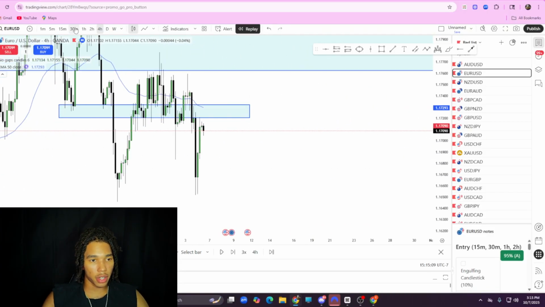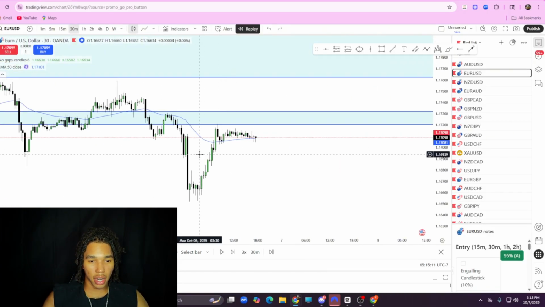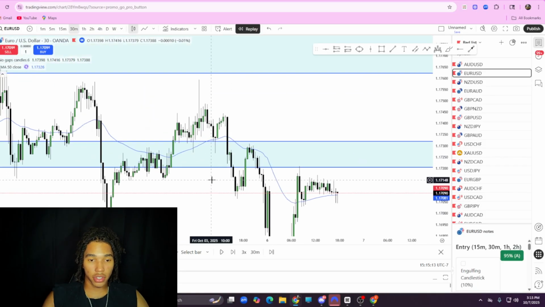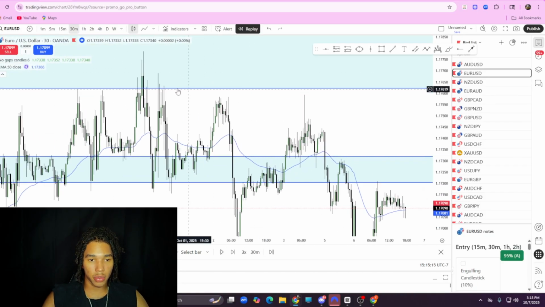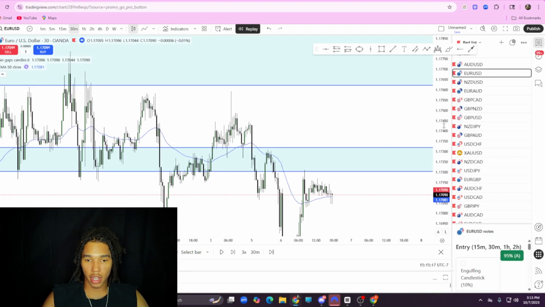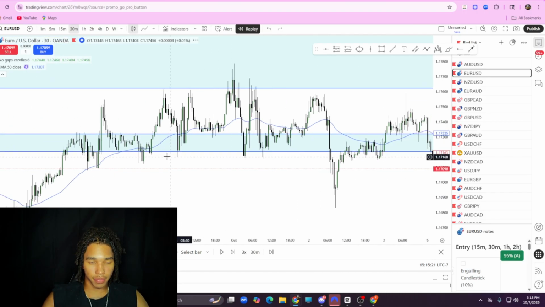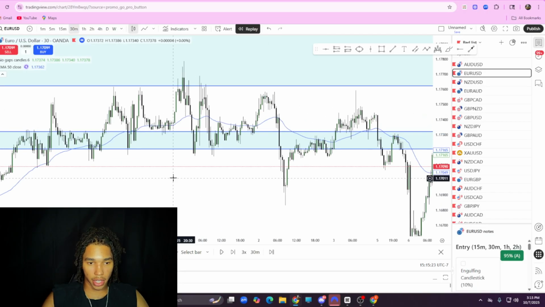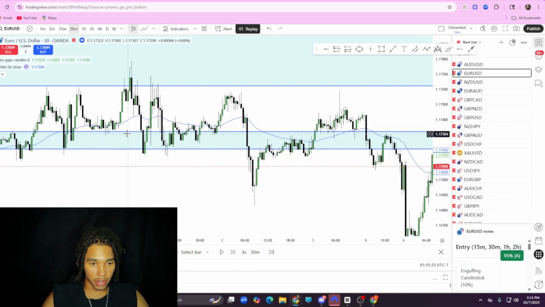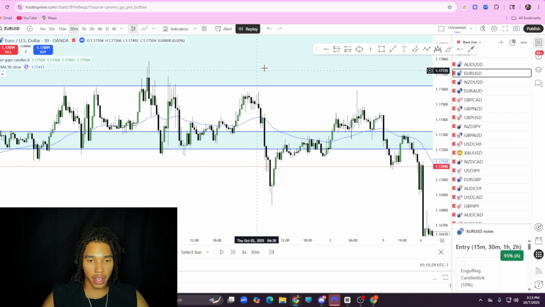I drop down to the 30-minute. And the first trade I would enter is right here. Since we rejected the first area of interest, I'm entering the trade once we have a shift of structure. We're obviously consolidating on the 30-minute, rejecting this first area of interest. We had a shift of structure right here. You could either enter right here,